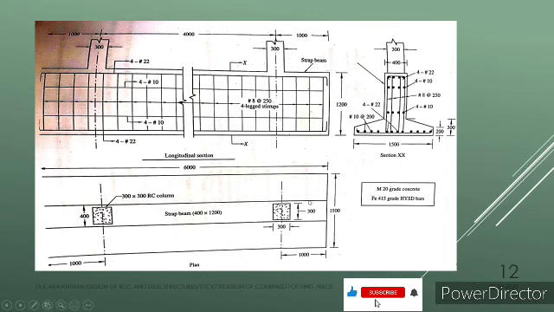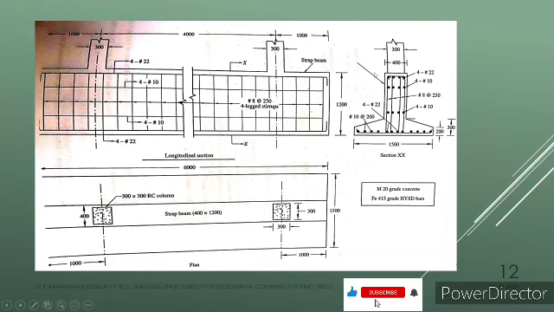And finally, you can see that now we have designed a strap beam. First, we have designed the reinforcement required at the bottom and top, that is compression and tension. We have designed 4 number of 22 mm dia bar which is provided at top and bottom of the section. Now in between that we are having these two reinforcement called side face reinforcement. Their distance will be 300 mm.